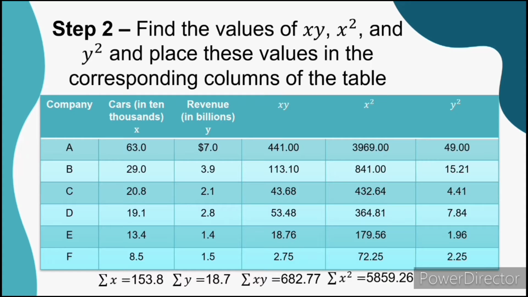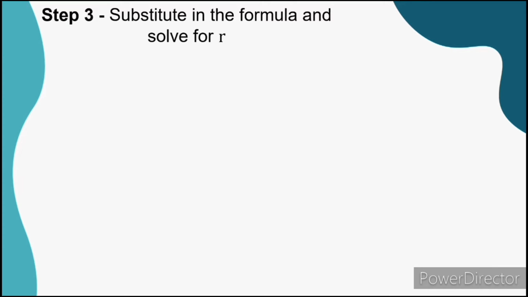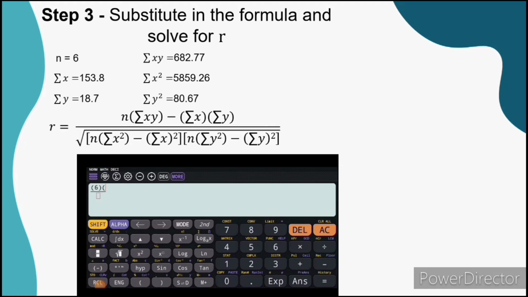Summation of x squared is equal to 5,859.26. Summation of y squared is equal to 80.67. Step 3, substitute in the formula and solve for r. We're going to substitute these values in the formula. So we have 6 times 682.77 minus 153.8 times 18.7, all over